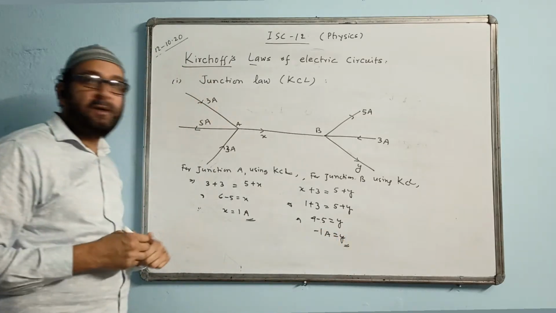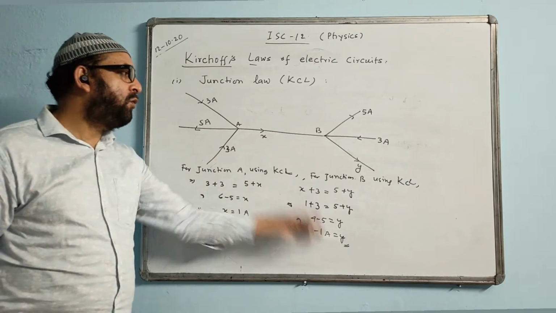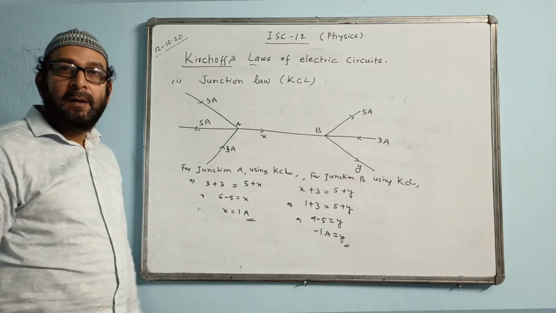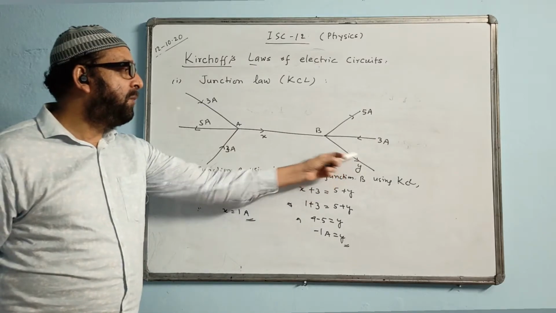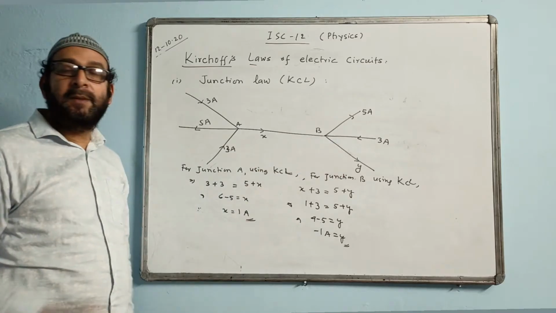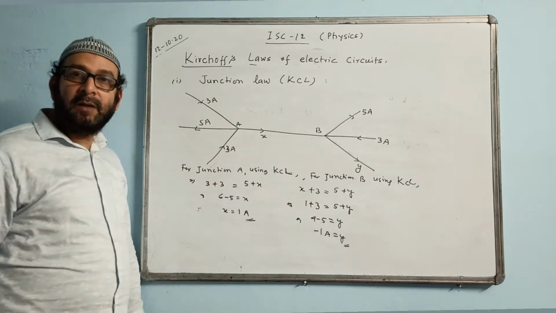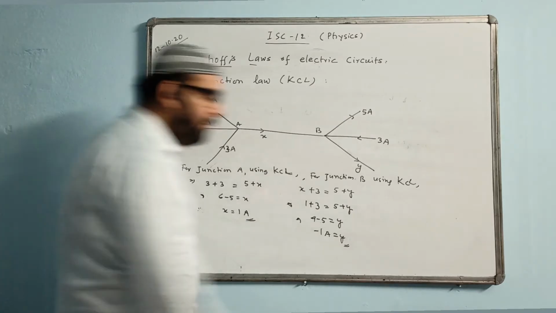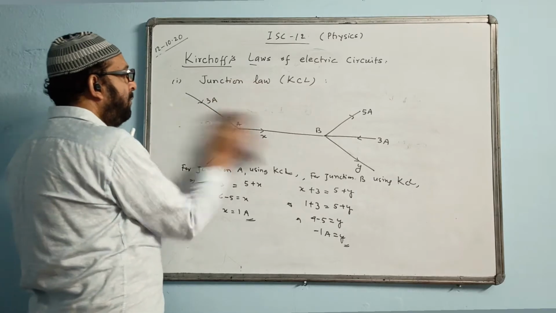So we give the answer with the minus sign. The minus sign tells you that in actual practice the direction of y should be opposite to the direction shown in the figure. In an actual situation, the current y direction should be reversed. I mean, it should not be away, it should rather be towards this point. That is the meaning of the minus sign. If the answer comes with a minus sign, we write that answer with the minus sign only. So this is the answer. Hope this is simple and you have understood how we apply Kirchhoff's current law, or the junction law.